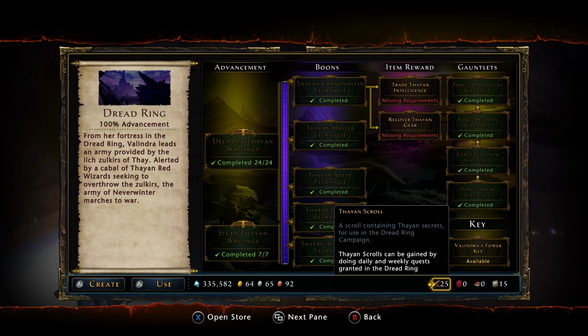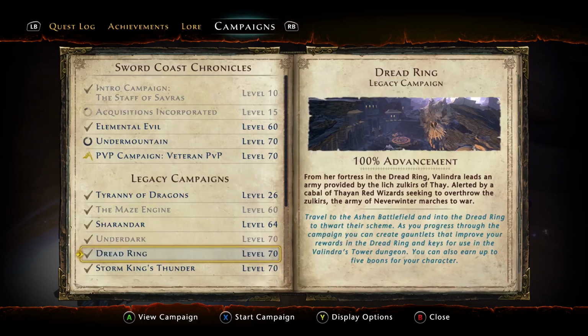Now the other thing to note is regarding dailies. You want to start stacking these up in advance where there's zones where you get different quests every day. So Sharandar would be a good example. So if we go to Sharandar,